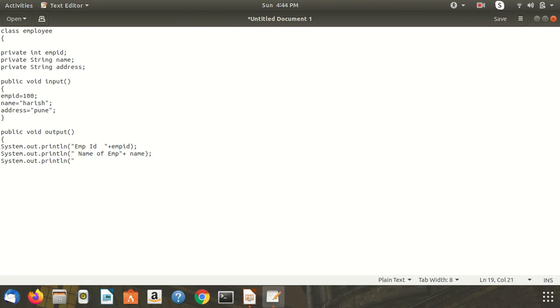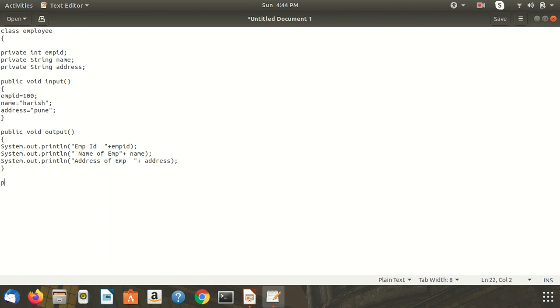Here we specify the address of the employee. Now complete the output method.